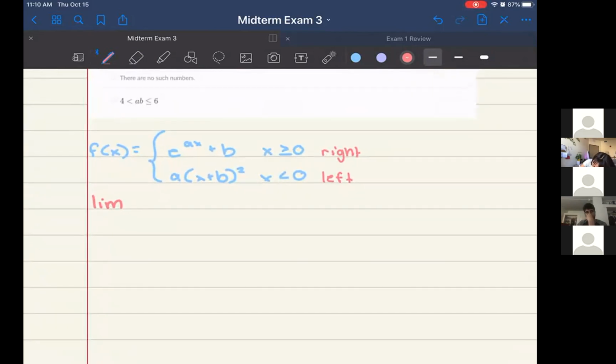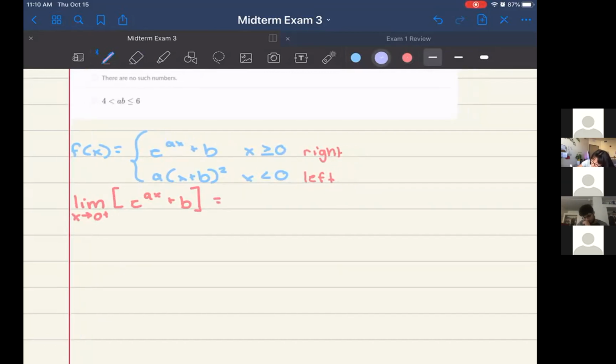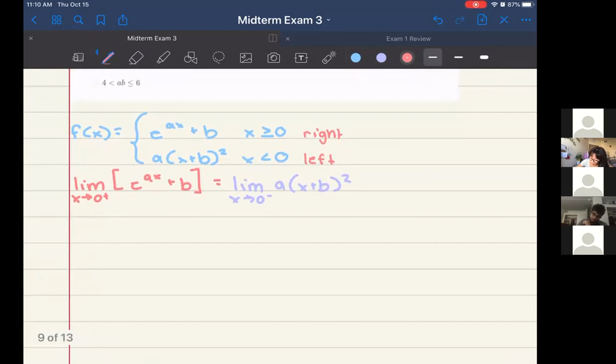So the limit of e to the ax plus b, so that's the limit as x approaches 0 from the right, that must equal the limit of a parentheses x plus b all squared, and that's going to be the limit from the left. All right, and then what you do after this, you're going to plug 0 into the limits, because